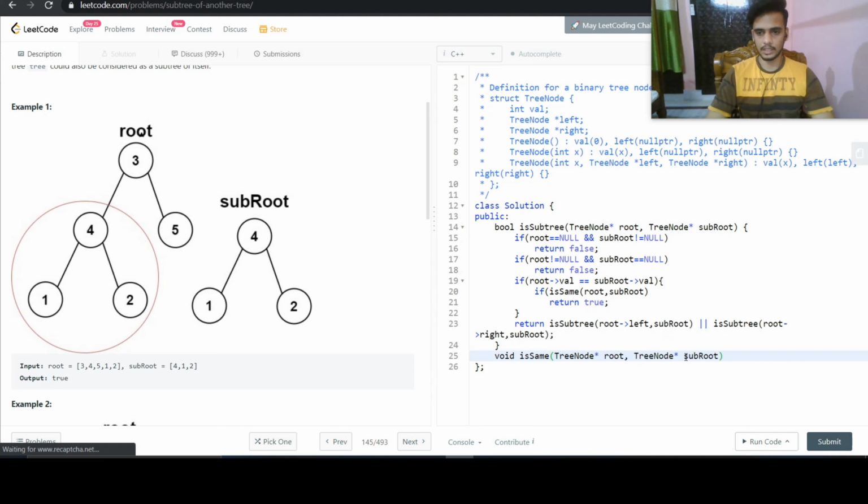One is root and another, let us name it as subroot as well. So we are checking whether these two are same or not. So first of all, we'll check these same two conditions, then we'll return false.